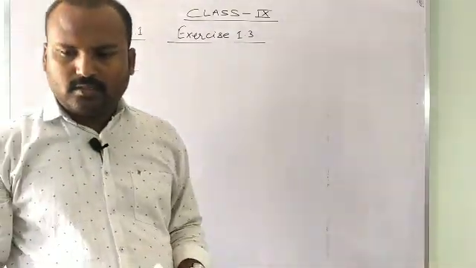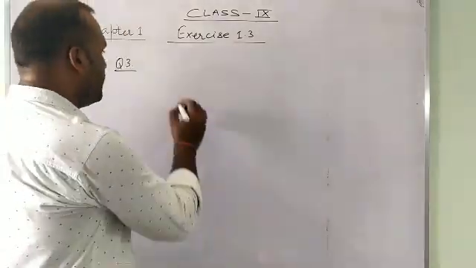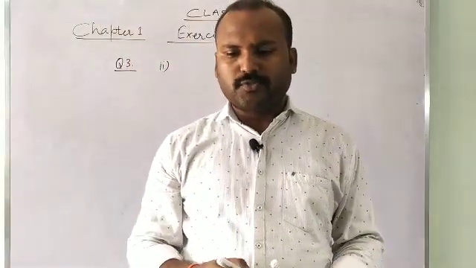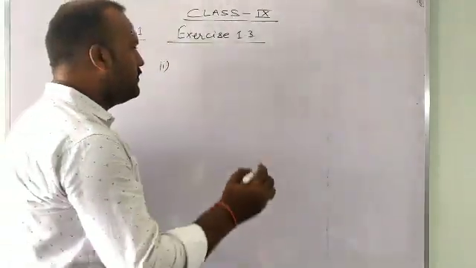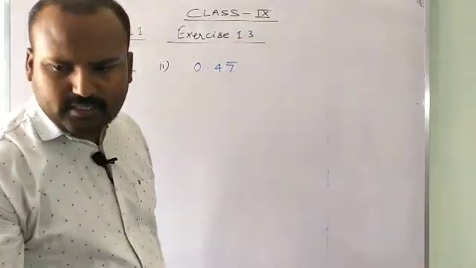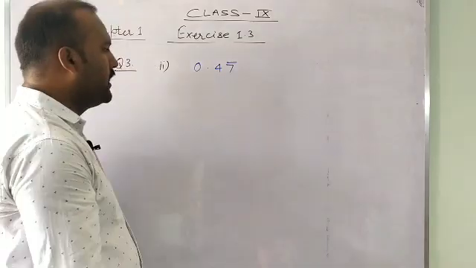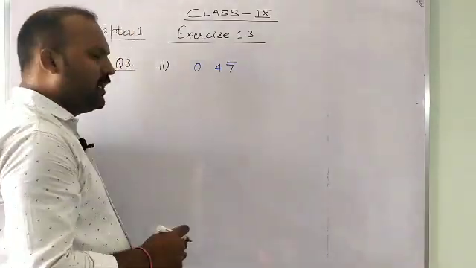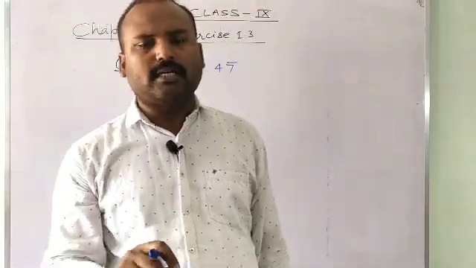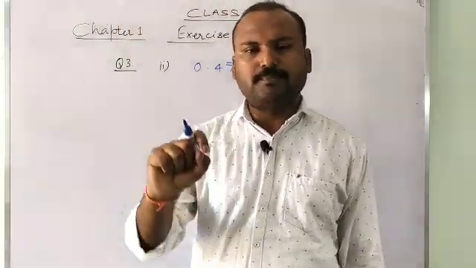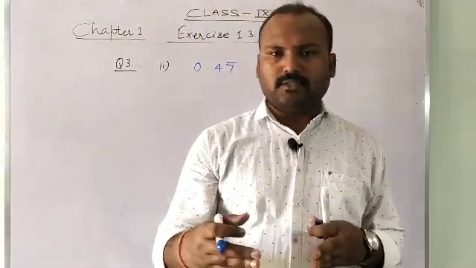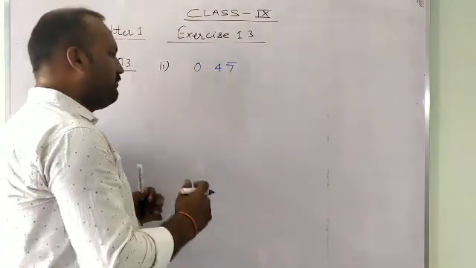Now see, I am going to solve question number 2 by this method. You can solve question number 1 and 3 also. The second is we have to express 0.47 bar, here given only bar at 7, in the form of P by Q. Whenever we have to find any non-terminating repeating decimals as P by Q, first you have to write the decimal expansions of 3, 4, 5 places.